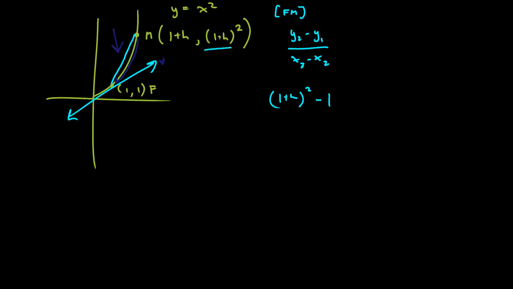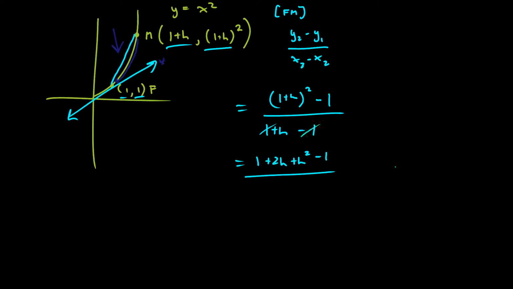So (1 plus h) squared minus 1, here's our y2 and our y1, over x2, which is 1 plus h, minus 1. And when we simplify this a little bit, we should be able to come closer to an answer. So (1 plus h) squared will give us 1 plus 2h plus h squared, minus 1, over